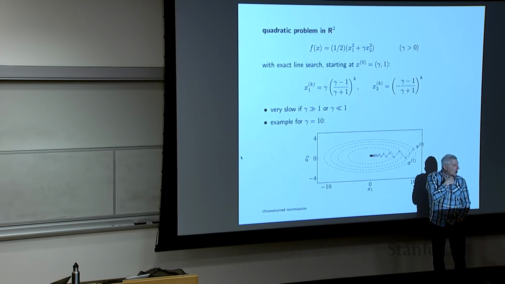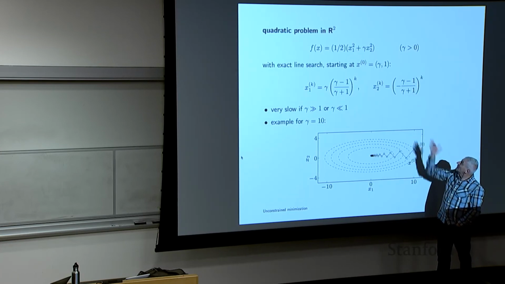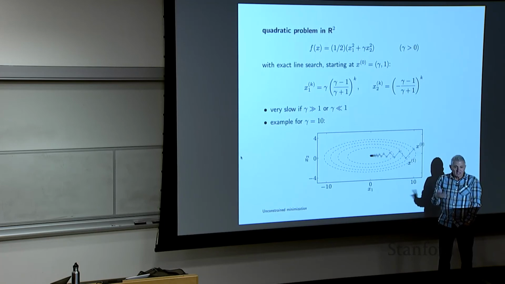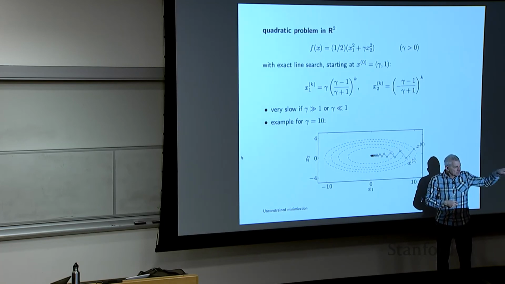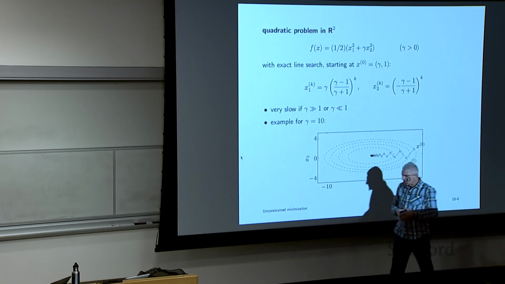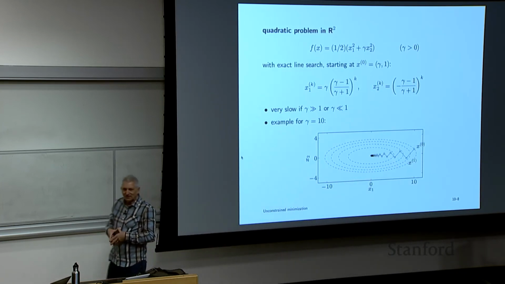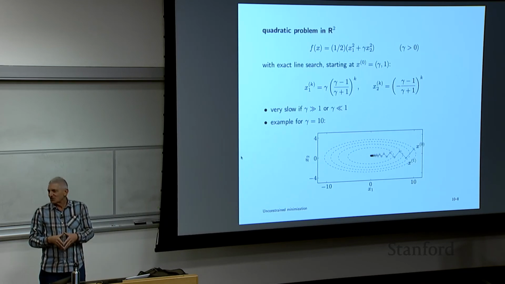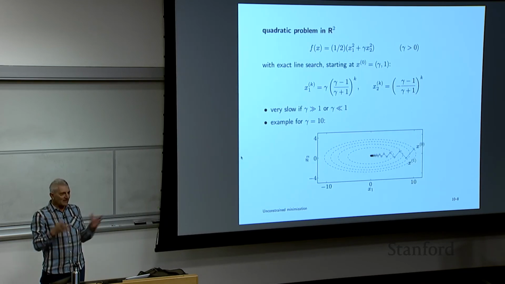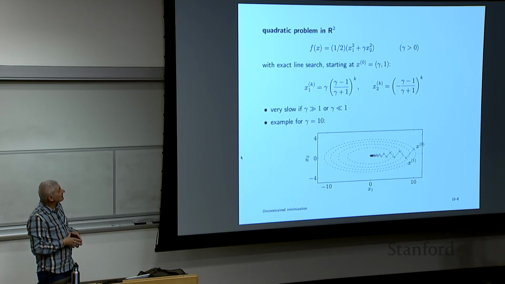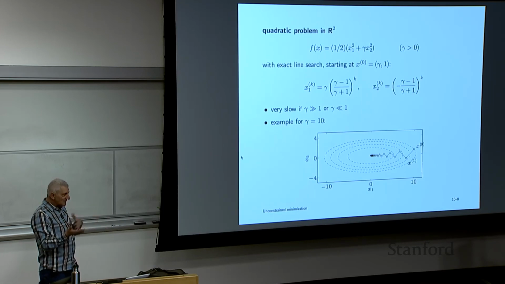We can make it arbitrarily bad. We can take gamma equals 1,000, and you'll find out that this thing's basically going like this. And I think there's even a name in Western optimization. It's called the Moratos effect. But the other name I like is just zigzagging. Everybody got this? So, by the way, when you see this picture, you can kind of figure out some things